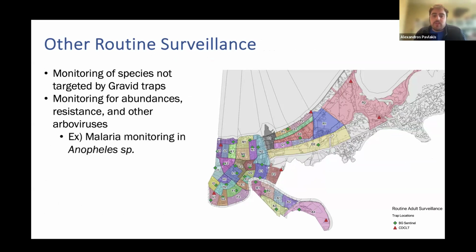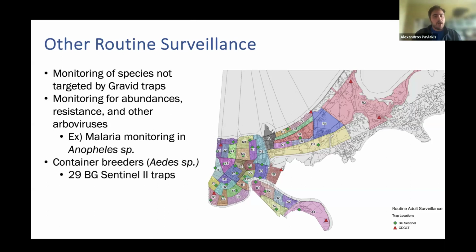So one example of this is, if you follow the news, the US had local transmission of malaria in 4 states last year. So in Texas, Florida, Maryland, and Arkansas. And so this was the first time in many, many years that malaria had local transmission. So we moved to be able to test our Anopheles species that we collect in our CEC light traps and sometimes in our BG Sentinel traps, and be able to test them for malaria so that we can understand those populations, which we wouldn't have been able to do with just our